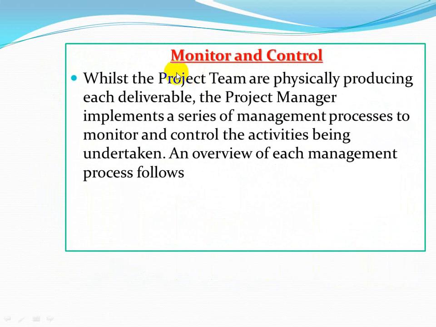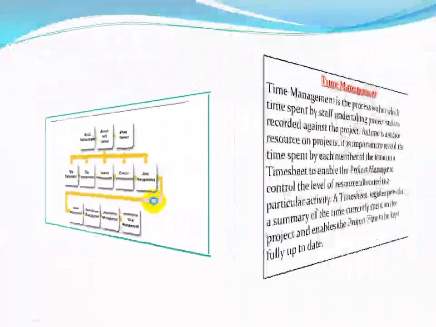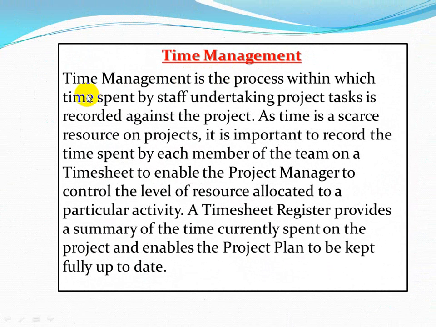इसके बाद है monitor and control. Whilst the project team are physically producing a deliverable, the project manager implements a series of management processes to monitor and control the activities being undertaken. An overview of each management process follows. ये आपको डायग्राम के थ्रू दिया गया है, ठीक है। नेक्स्ट जो है वो है टाइम मैनेजमेंट।